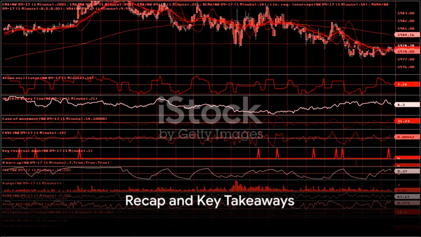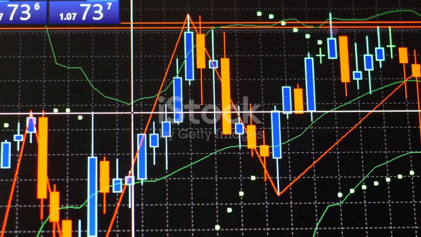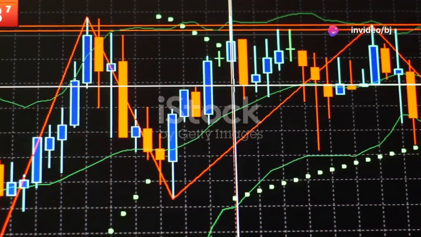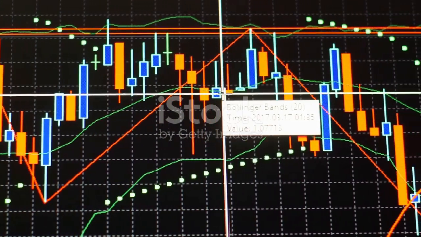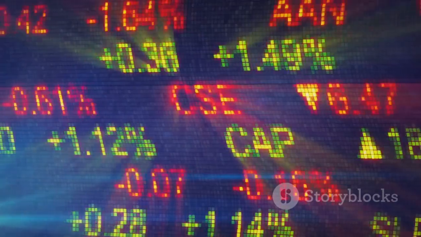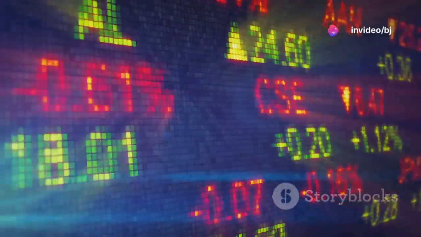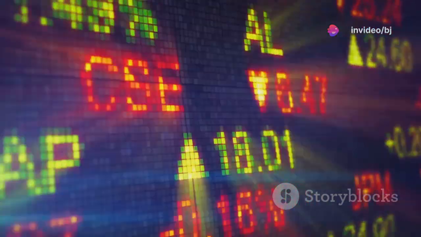Let's quickly recap the key insights we've uncovered today. We started by diving into the mysterious world of traders, revealing that option chains and the put-call ratio, or PCR, are not just tools, but the very language of the market. Understanding an option chain gives us a comprehensive view of the various strike prices, expiration dates, and whether options are being bought or sold. It's like having a map in a treasure hunt, where each symbol and number provides crucial